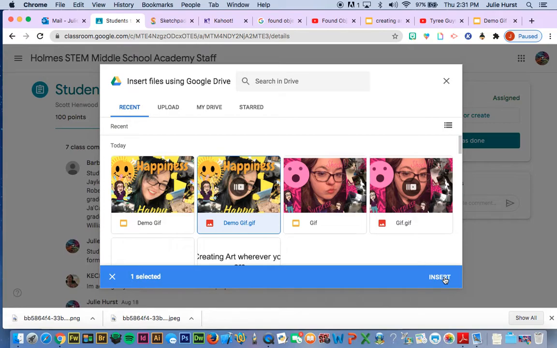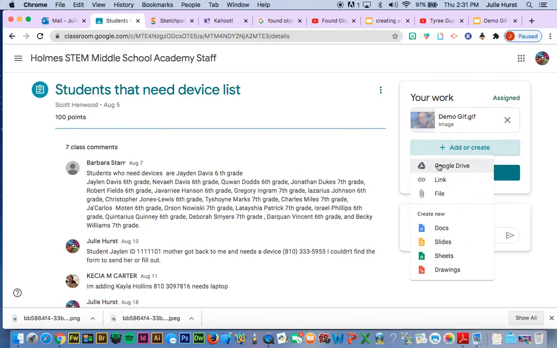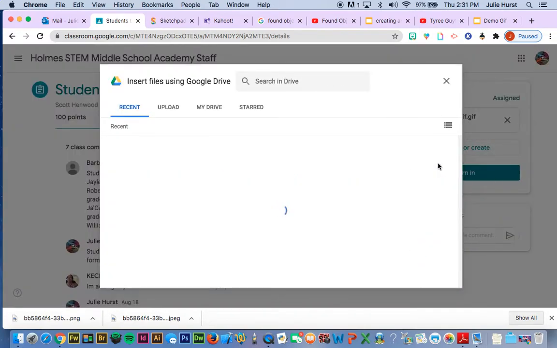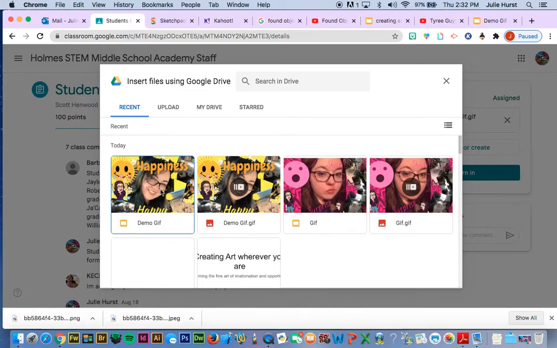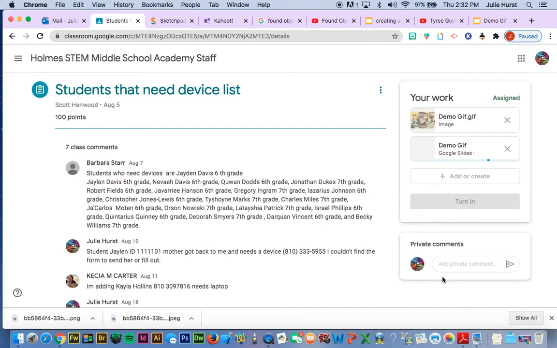And go to Insert. So that's the demo GIF. That's the actual animated one, and you can see a little thumbnail of it moving here in the corner. And to get credit for your other 5 collages, you could turn in the slideshow with it. So you can go to Insert, and that's going to upload the slideshow of the 5 collage images you created. And once you have those connected, all you have to do is click Turn In,